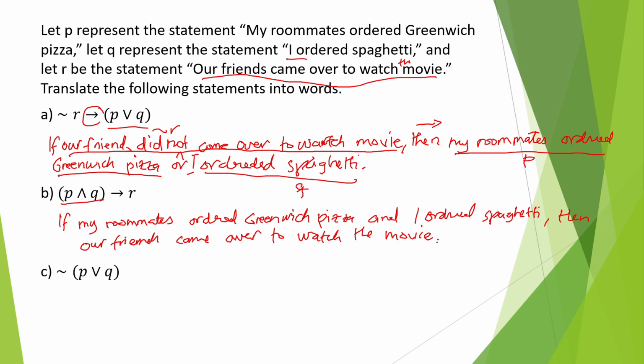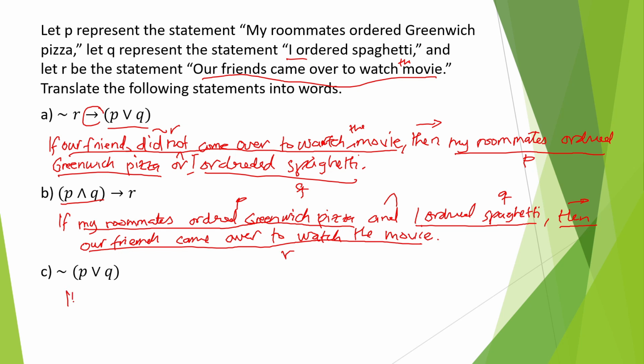Alright, so very good. Again, we will have P, if our P is this one, ordered Greenwich pizza. And I ordered spaghetti. So this one is and. This is our P and this is our Q. Then our friends came over to watch the movie. Okay, watch the movie. And the last one is it is not in the case